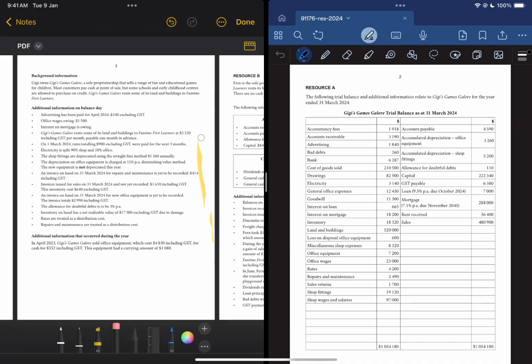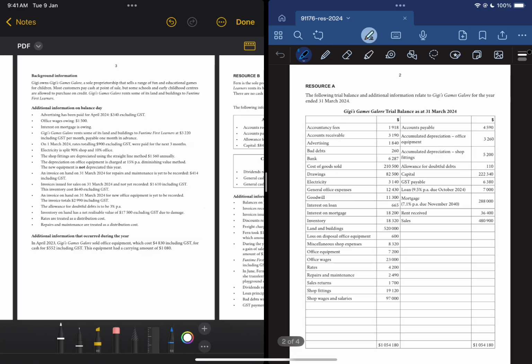And the reason we do this is just because this is some information that was in the financial year that hasn't been included, so we need to put it in and make a few adjustments. Now, once we make these adjustments, guys, we will be able to take this information from our trial balance and put it into our financial statements, and that's what we'll be looking at for the test. So this is the resource booklet that they give you for the test, and in this video we're going to be covering